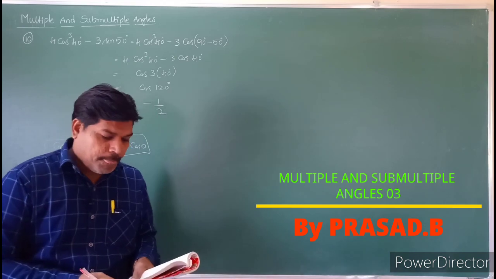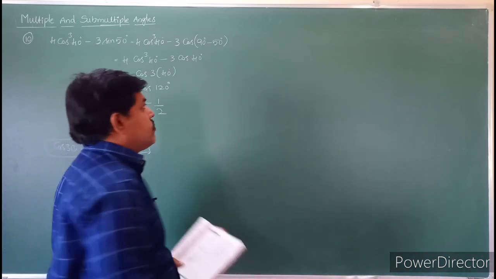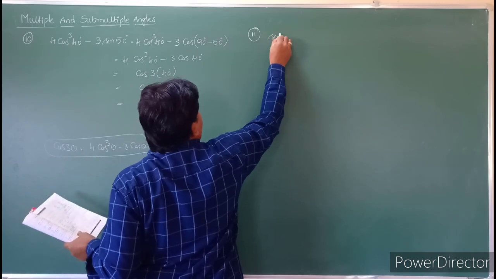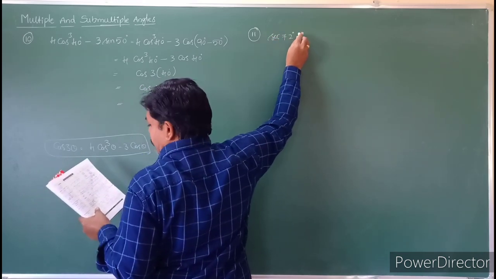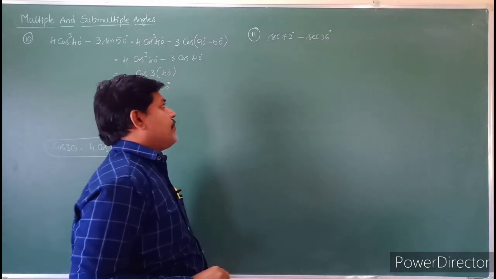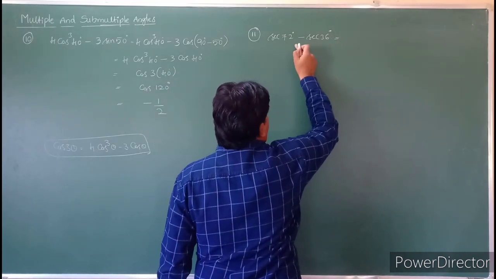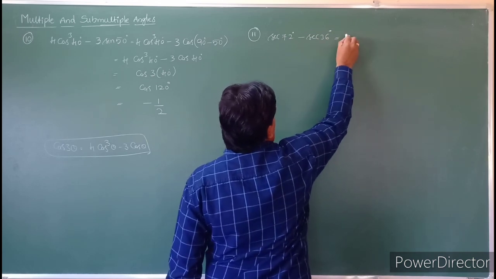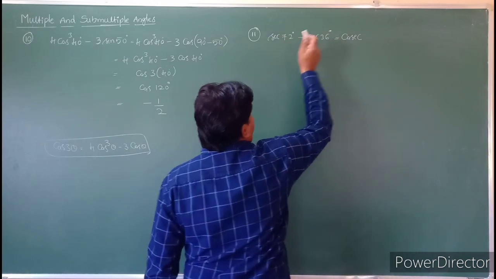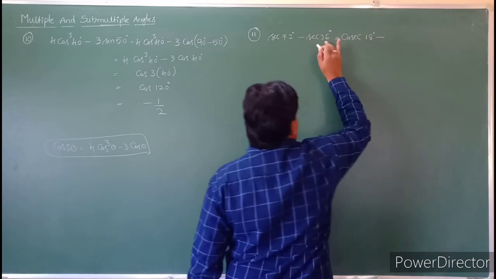So see that question, students. All understood? So see the next question, number 11. What is question number 11? Secant 72 degrees minus secant 36 degrees. Secant theta you can write as cosecant 90 minus theta, yes or no? So cosecant 90 minus 72 is nothing but 18 degrees, minus